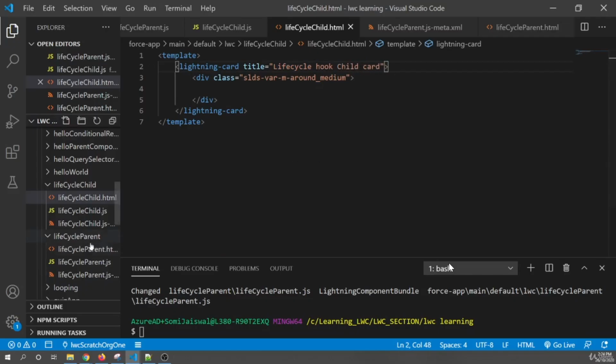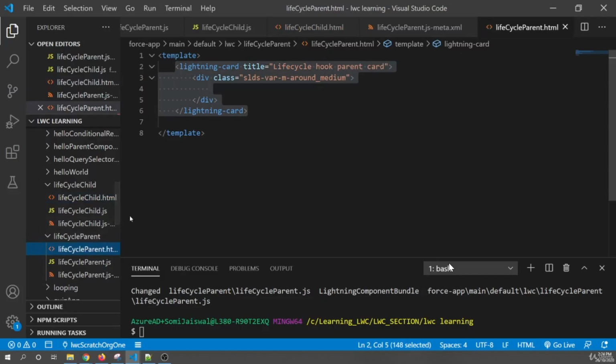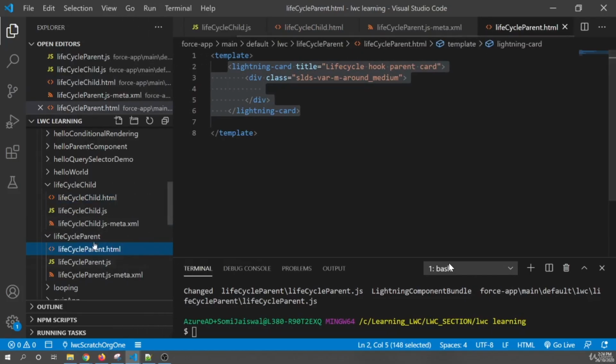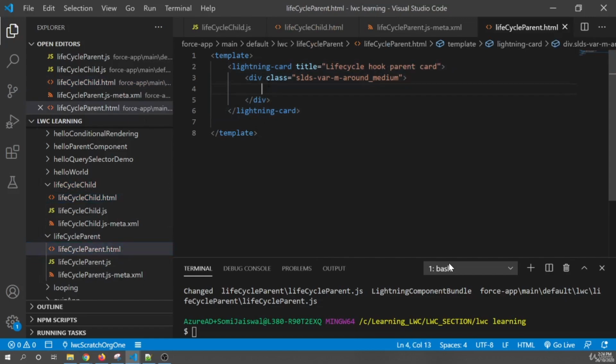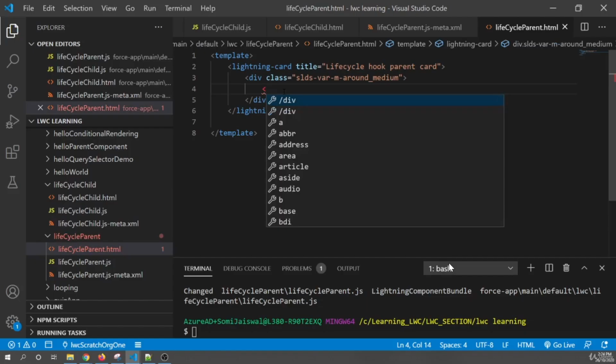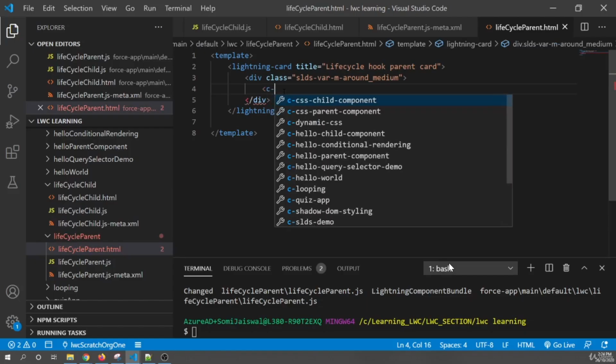Okay, now we have created the component, but we haven't included the child component in the parent component. So let's add that into our parent component. So this is the child component. I want the child to be available in the parent component. So what I can do is embed it inside or outside, anything is fine. So what I can say here, c hyphen, we all